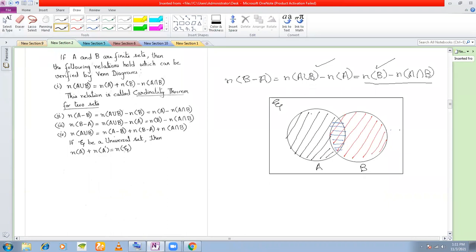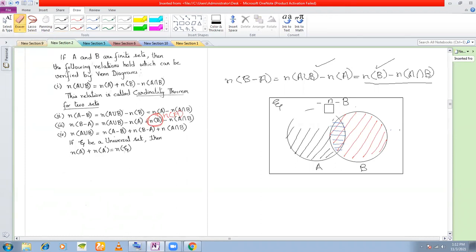You're only left with the set A, isn't it? So this is A minus B. Cardinality of B minus cardinality of A intersection B. This should be A minus B. B minus the set A. Cardinality of B minus the cardinality of the set A. This should be cardinality of A. Okay, this should be cardinality of A. Okay, just change this. This is an error.